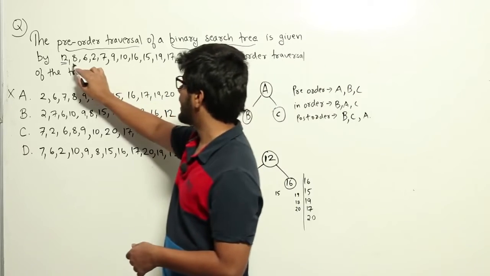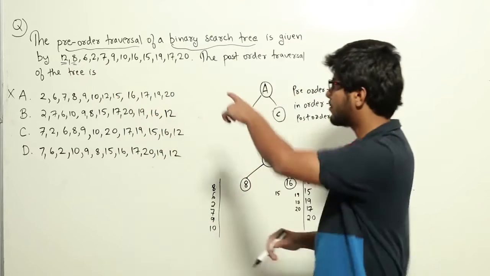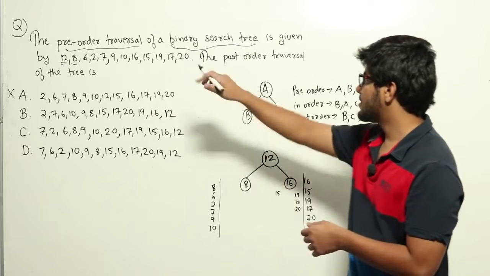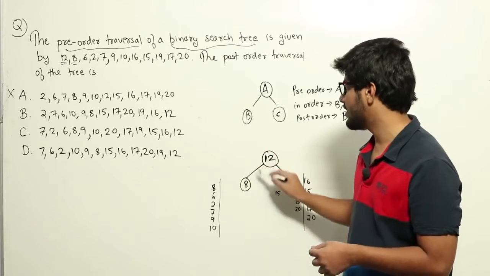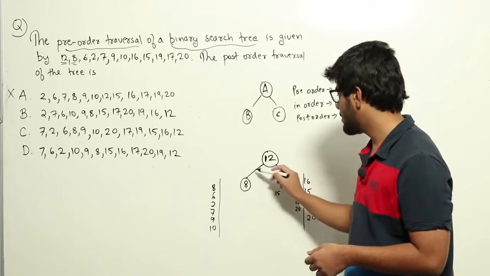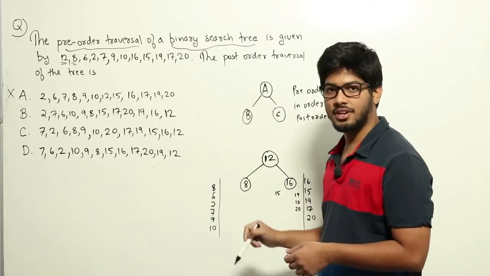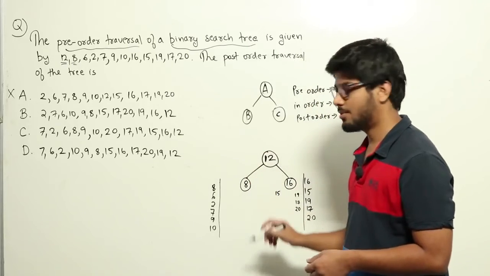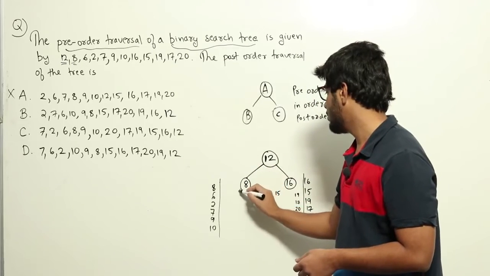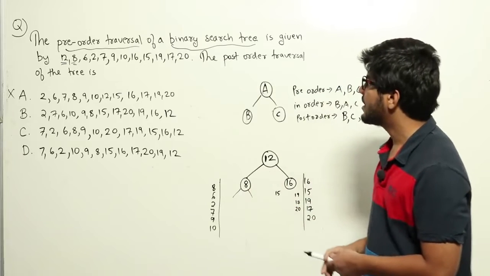Now if you look, 8 is the second number printed. So what does that mean? The first number printed will be the root node 12, and then we will go to the left subtree. The second number printed will be the root node of the left subtree, so that is 8. Meaning 8 is the root node of the left subtree. So to the left, the immediate node would be 8. Similarly,